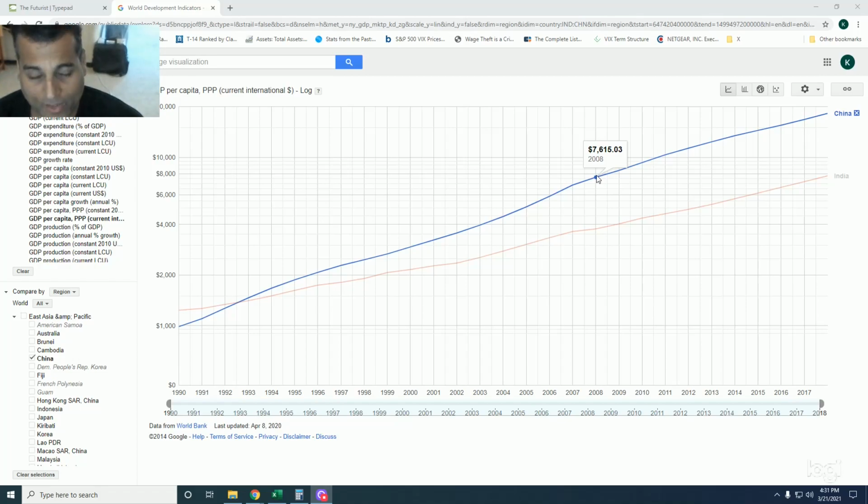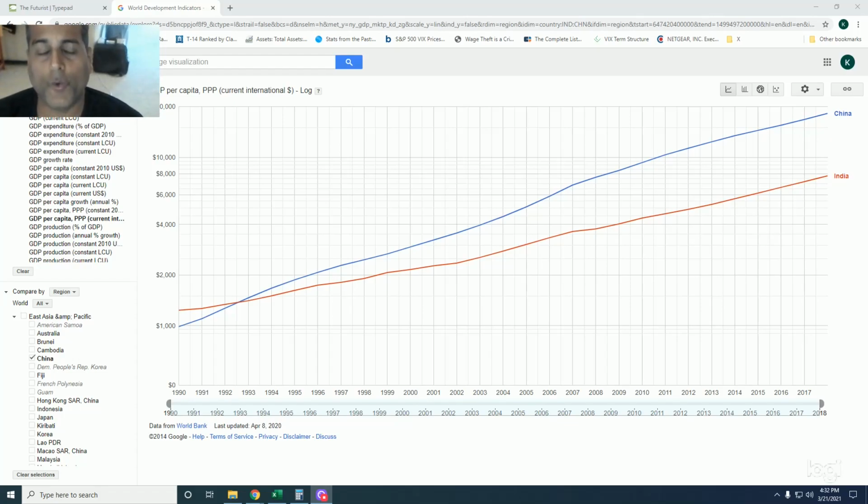However, since China's growth rate has been faster, it will take India more than 10 years to go from where China was in 2008 to where China is in 2018 on this chart. Instead of 10 years, it might take India 12 or 13 years. That's not too bad, given the accelerating rate of economic growth that we're familiar with. It will still emerge out of its status as a poor country in a matter of years rather than decades, but nonetheless, the subject of this video is how and why it fell so far behind China and why India no longer has any chance of ever catching up.